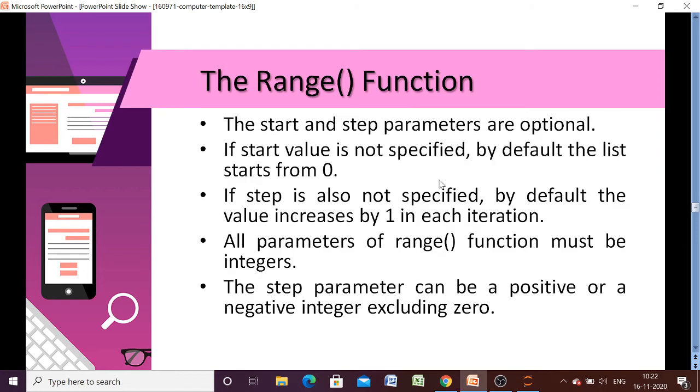As I already told you, the start and step parameters are optional. If we have not specified the start value, then it will be 0, and if we have not specified the step value, then by default it will be 1. All these three parameters must be integers. The step value can be positive, can be negative, but it can't be 0.